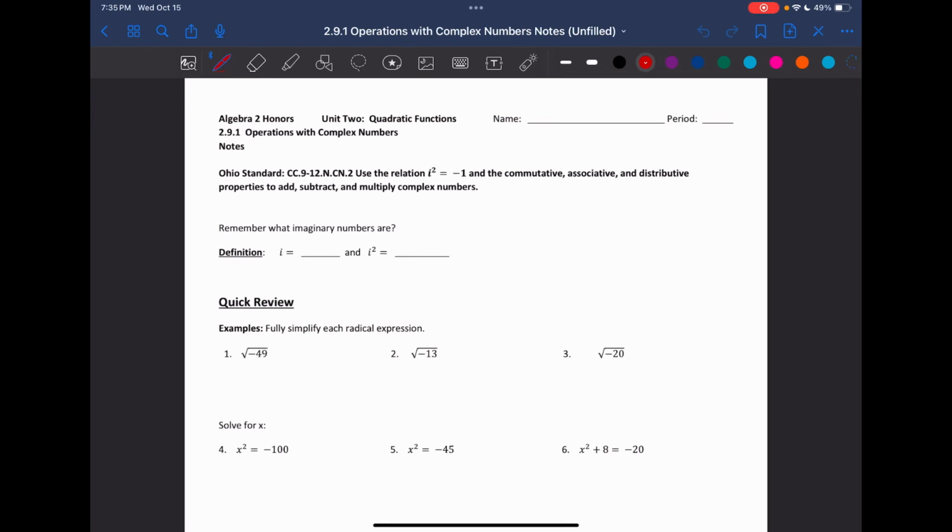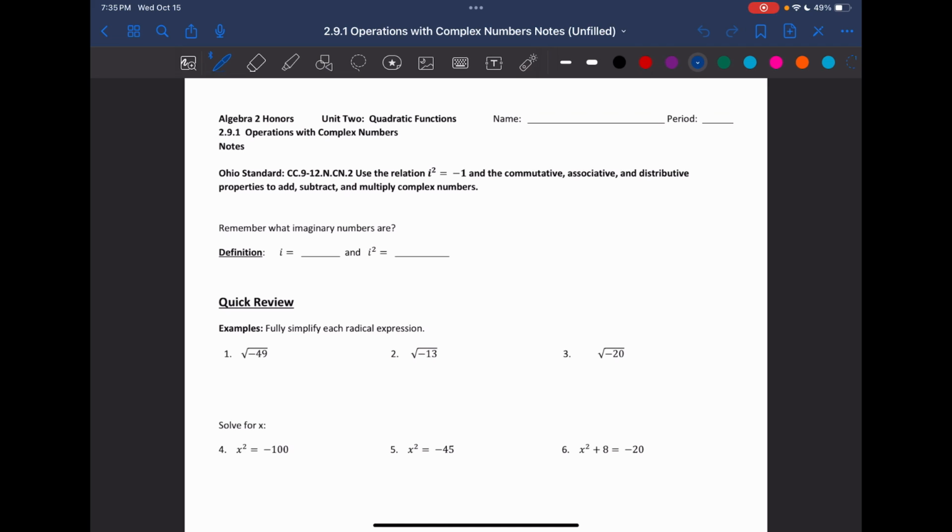Hello everyone, these are your 2.9 notes, operations with complex numbers. So today what we're going to look at is how can we add and subtract and multiply when we have i's in our expressions. So that's going to require some knowledge from before, and a reminder that i is equal